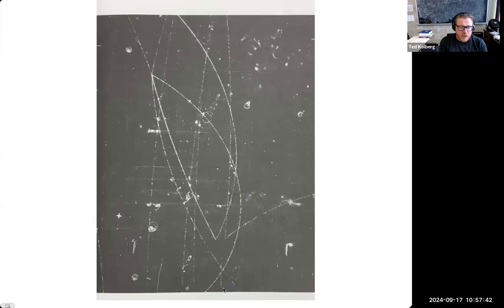So the initial particle is coming in from the bottom. You're producing a pair of these strange hyperons, which are electrically neutral. So you don't see the tracks from those, but then you have tracks starting here and here, which are the decays of the lambda and the lambda bar